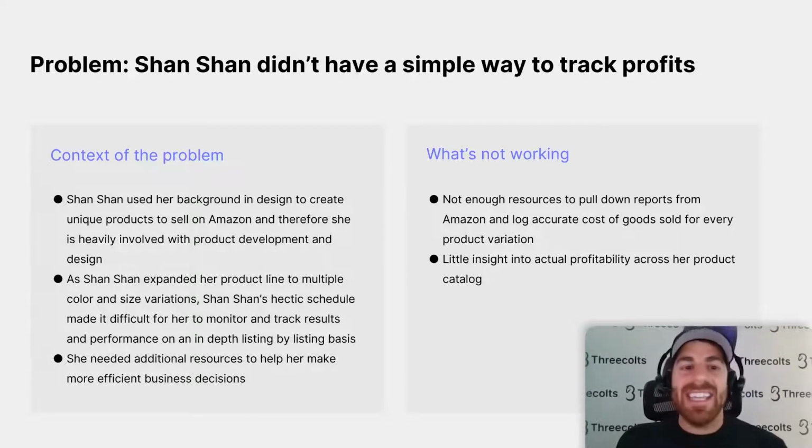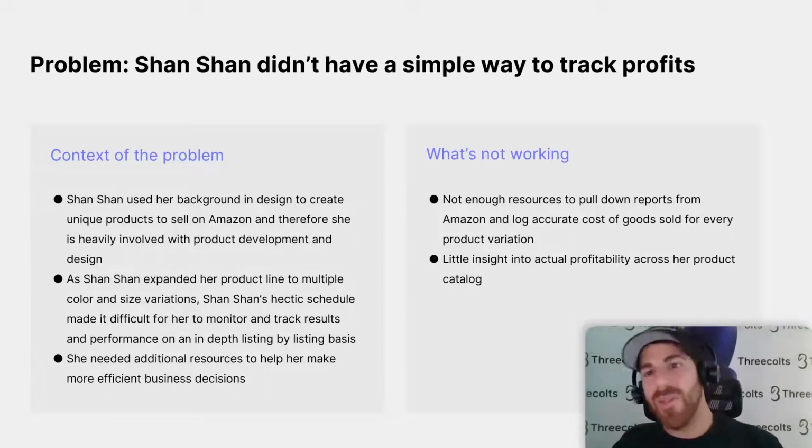So what Qian Fu realized is that she needed additional resources to give her insight into the product profitability of her business, and help her make more efficient business decisions. She didn't have enough resources to pull down the reports from Amazon on a regular basis and piece them all together. It takes a lot of time, and you may spend some time on it now and get all your ducks in a row, and then you don't follow through with it the next month because you get so busy bringing in a couple new product lines, or it's now Q4 and holiday season, and then things tend to fall into that wasteland during that period. So it's not consistent either.